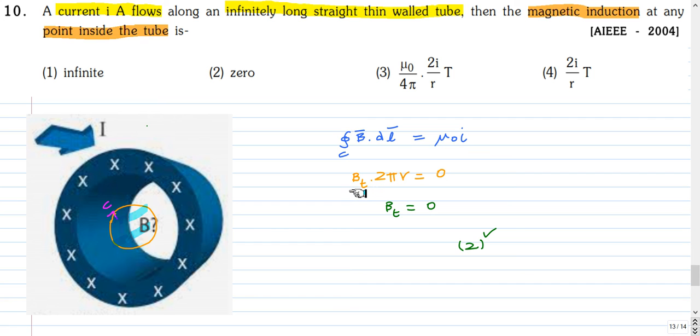So Bt, if at all it is there, so it's Bt into 2 pi r, and this problem has cylindrical symmetry, so Bt at all the points along this contour will be same. So it's Bt into 2 pi r is 0 because the total current inside the Ampere loop is 0. So from this we get Bt equal to 0, and the radial component of the magnetic field will be 0 because if at all it is there, all the field lines will converge at the center, so they will intersect, so that's not possible. So radial component of magnetic field is also 0. So that's option 2.